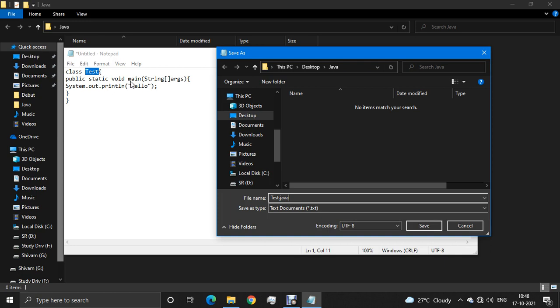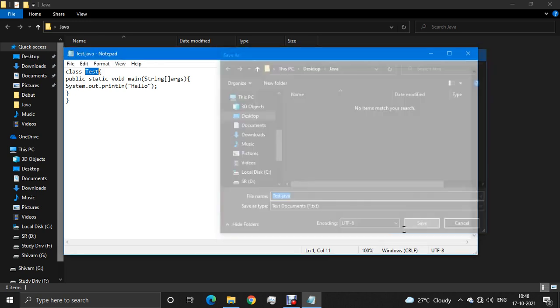So for minimizing complexity, I just save it as Test.java, because the Test class contains the main method.